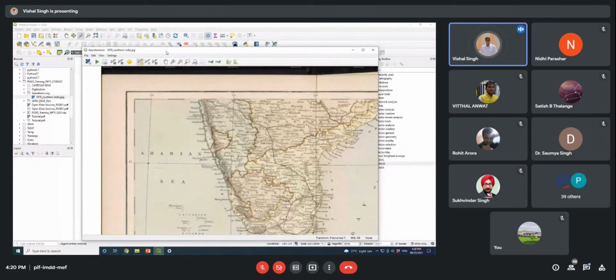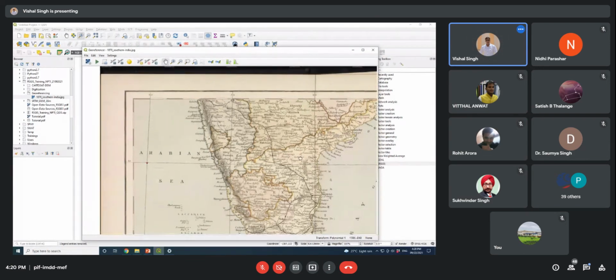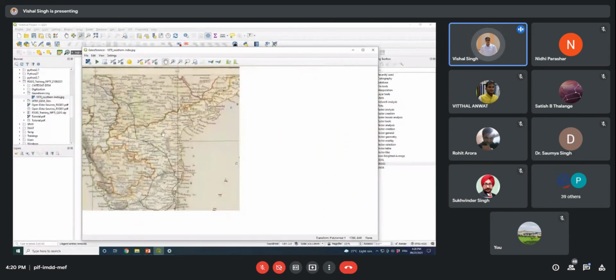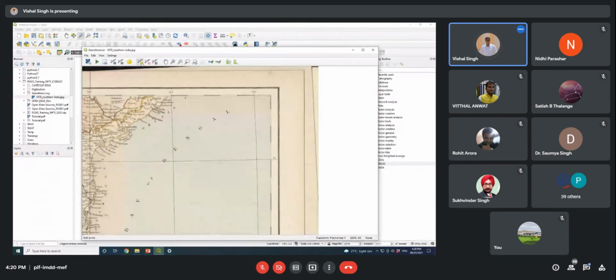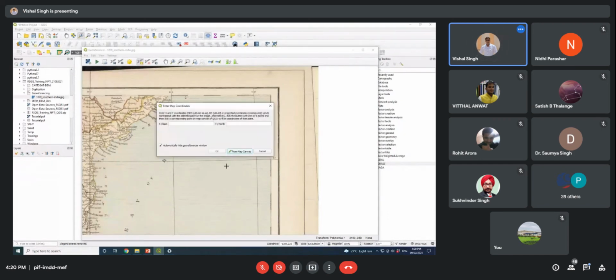Now you can see the point has been added, and the accuracy of this georeferencing will depend on how precisely you put the point. So now I will move towards this direction. Here again you can see that this is 90, this is 15. So I will put another point here like this.